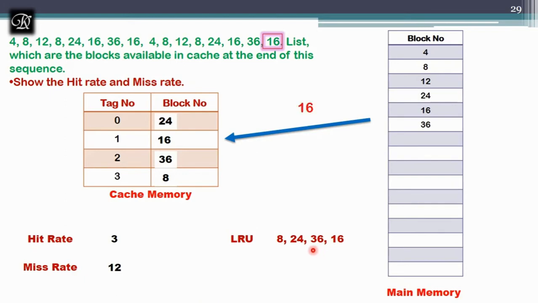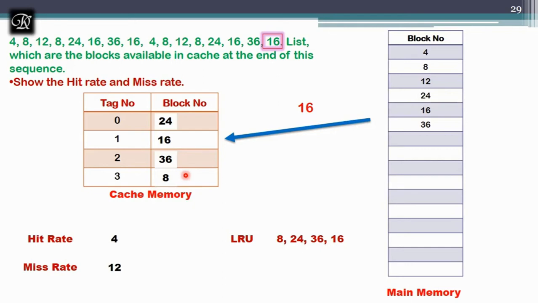At this given moment, how many hits are we having? I am having 4 hits and 12 misses. Compared to the previous algorithm, direct mapping, where we had 16 misses and 0 hits, with the help of associative mapping we got more hits. And also we got a snapshot of the cache where all the word lines of the cache are well utilized.